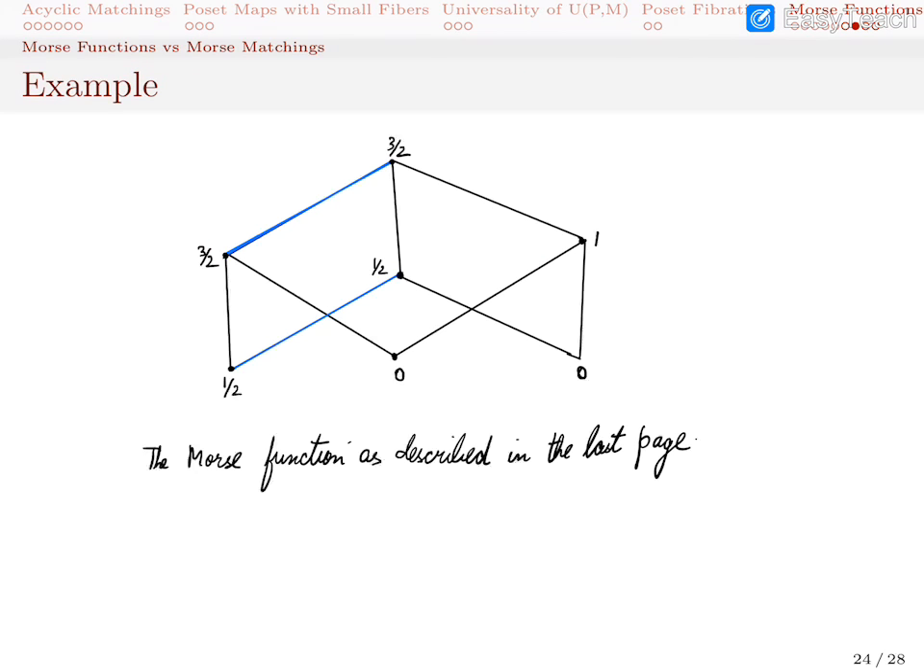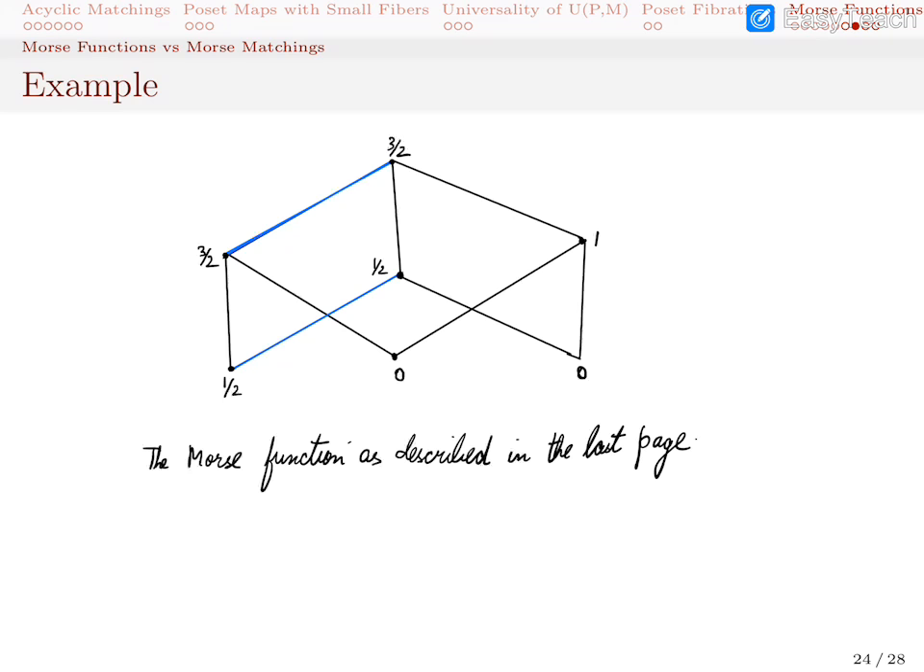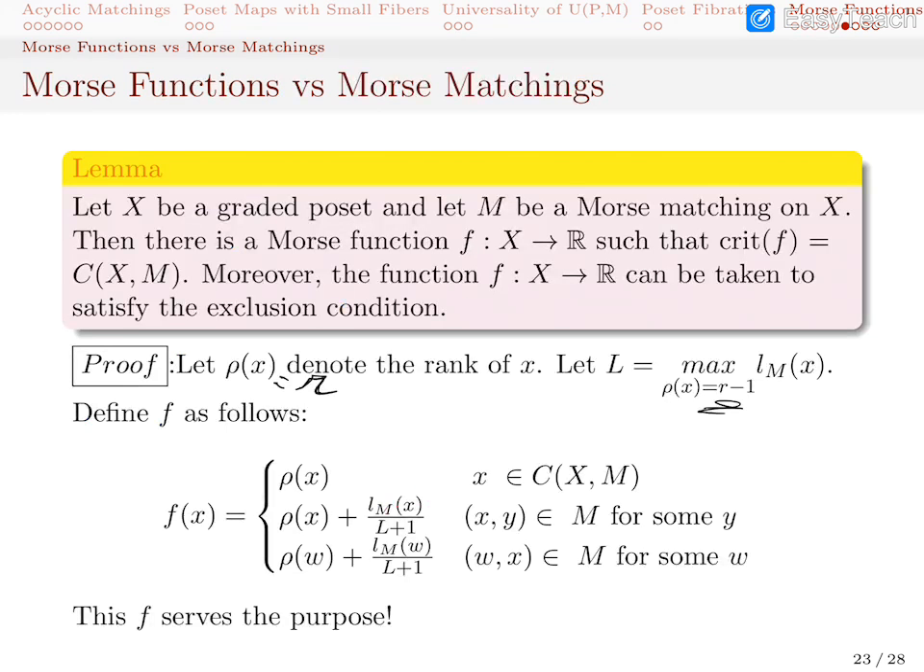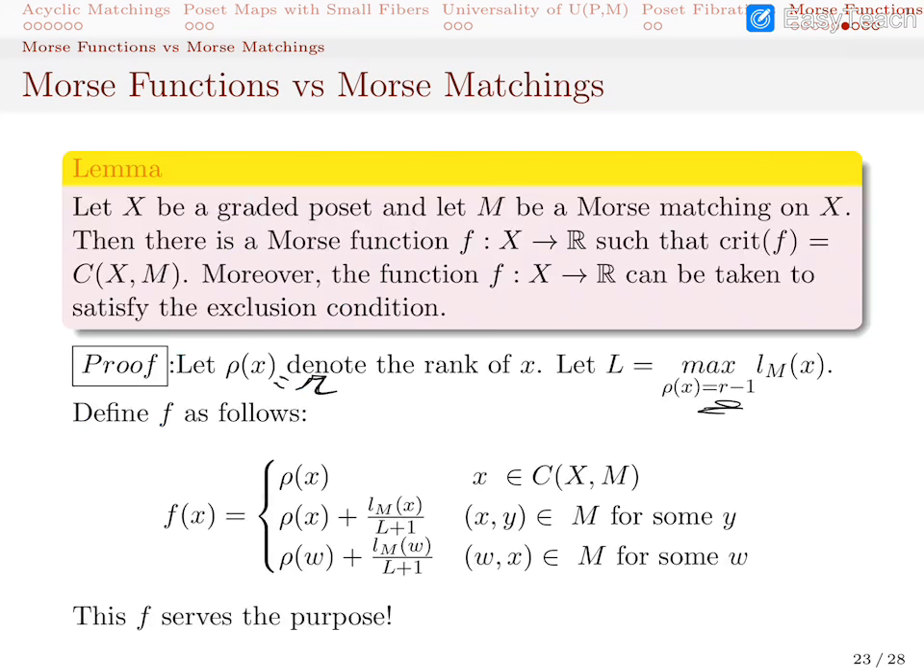And here is a short example of what this f looks like. If you have this poset where the matched edges are in blue, then first of all the critical values just have their rank, so it is 0, 0 and 1 here. And if this edge is matched, then the value here would be the rank of x, which is 0, plus l_M(x) by L plus 1. So l_M(x) is 1, one can easily check, and capital L will also be 1. So l_M(x) by L plus 1 will be half here, and similarly this element will also be half,